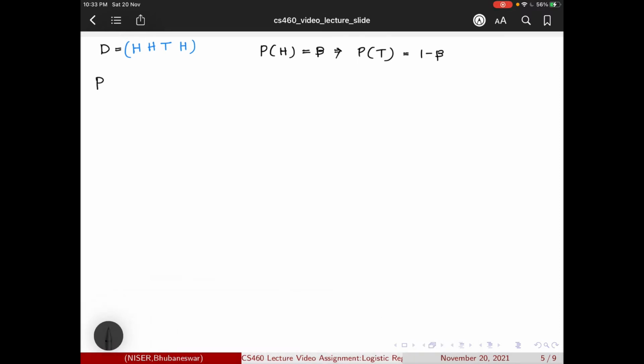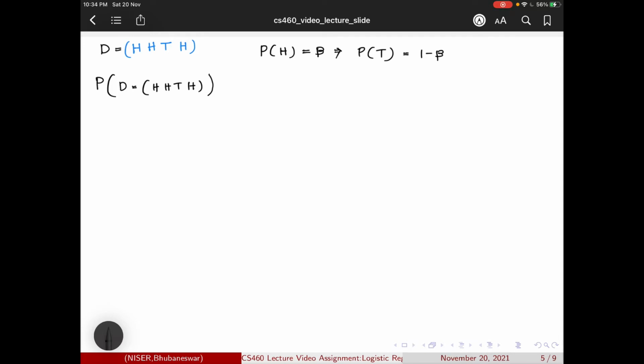So we calculate the probability of getting this data D equals head, head, tail and head. So we have assumed that the tossing of coins are independent. If we toss the coin the first time and if we toss the coin the second time, these are independent events.